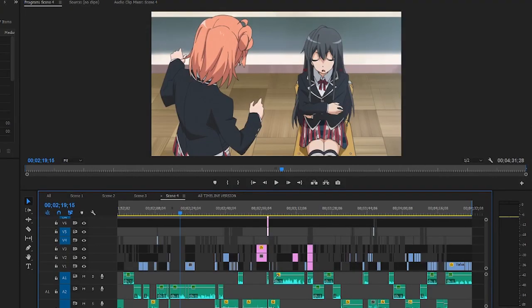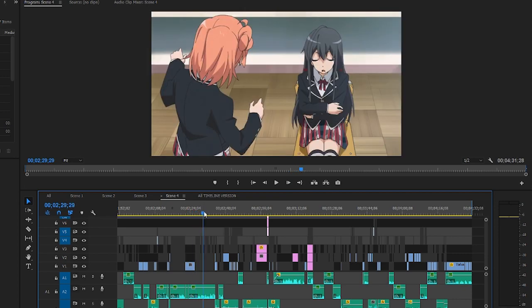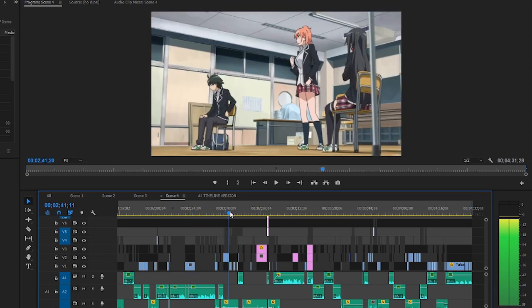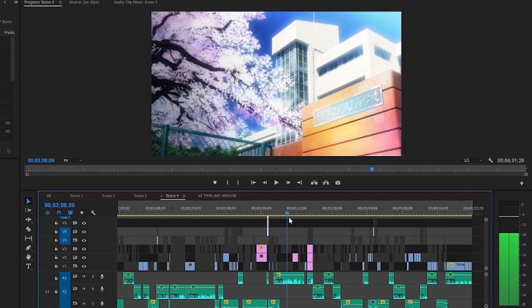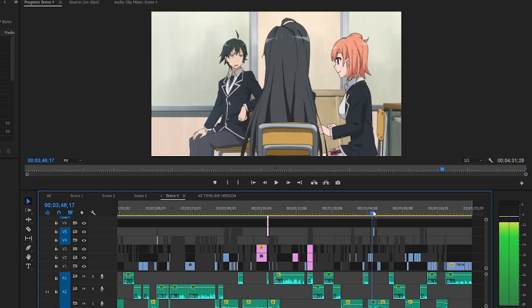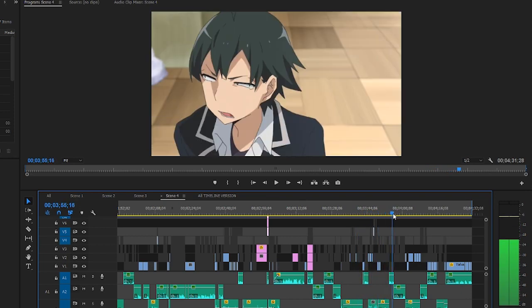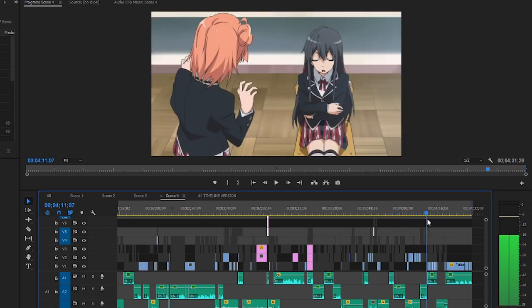You may have noticed how many reused shots there were in this fourth scene. That's because this scene is about 30 to 45 seconds long in the original show and had to be extended to 2 to 3 minutes in the abridged. Unfortunately, they don't really go back to this room with this same setup wearing these same clothes for the rest of the series, so I couldn't even pull from later episodes. So I tried to use the many animations that Yui had in as many different ways as I possibly could to try and create new reactions.